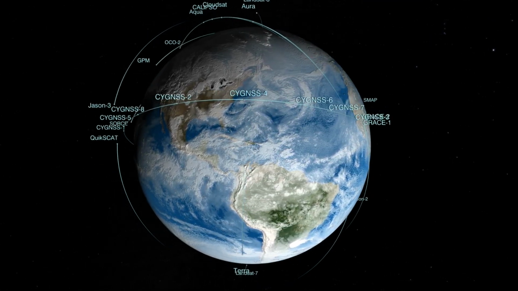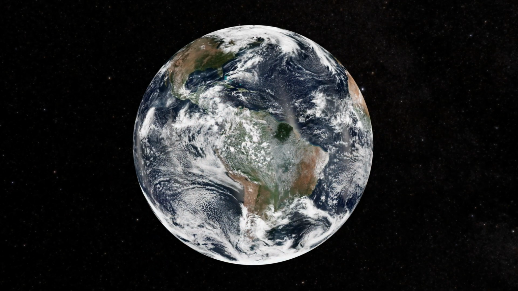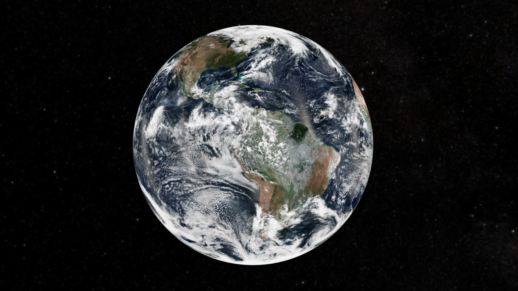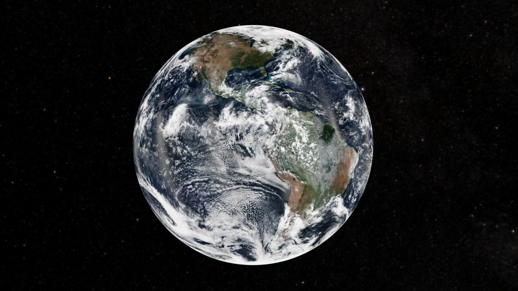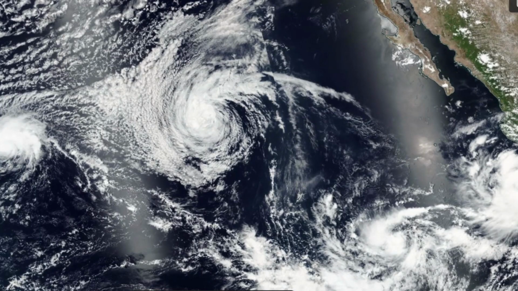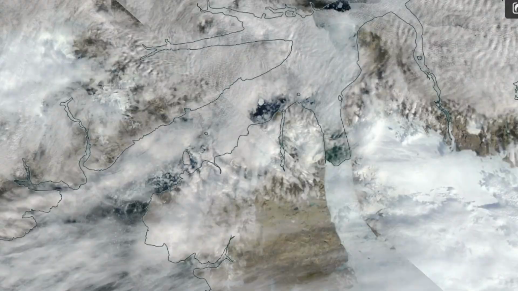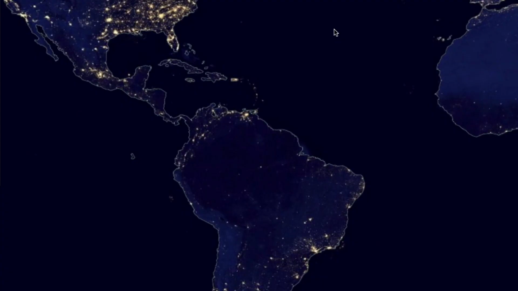NASA's fleet of Earth-observing spacecraft provides a unique view of our home planet. And from your computer, you can view and share that dynamic planet as it is right now. Using NASA's Worldview app, you can watch tropical storms develop over the Pacific Ocean, track the movement of icebergs after they calve from glaciers and ice shelves, see wildfires spread and grow as they burn vegetation in their path, and